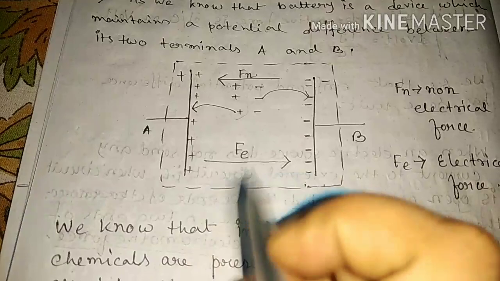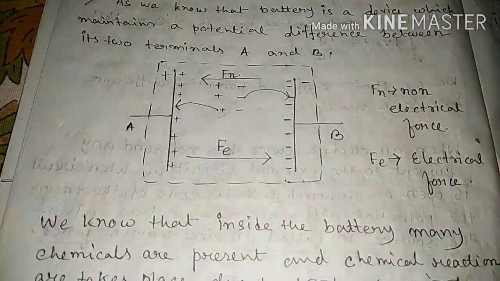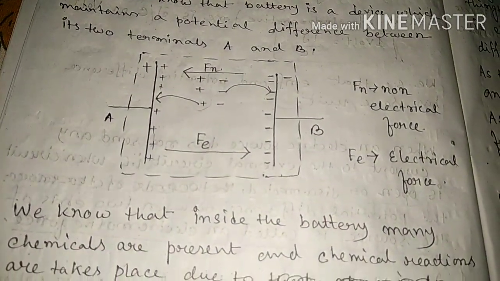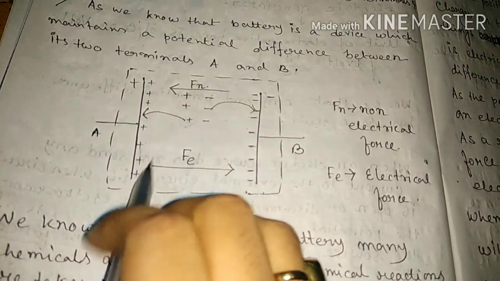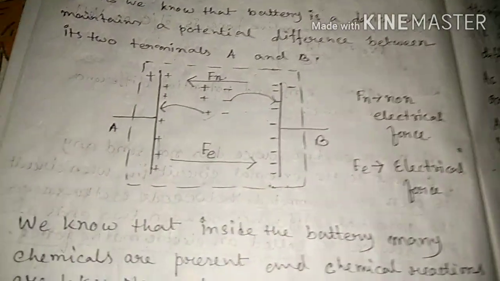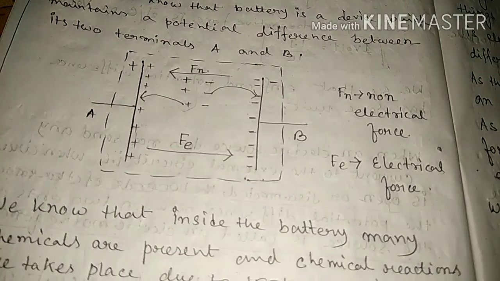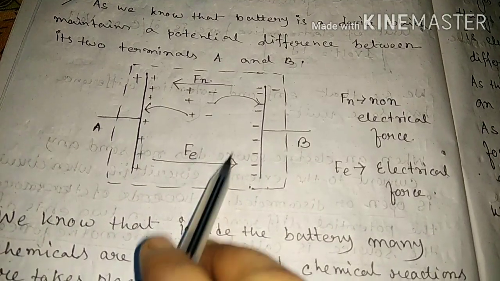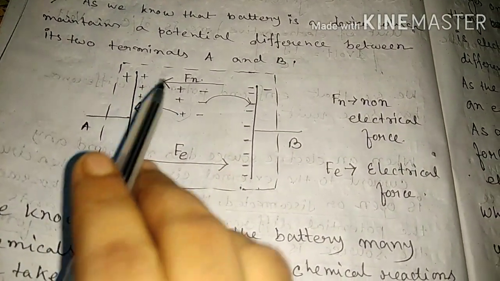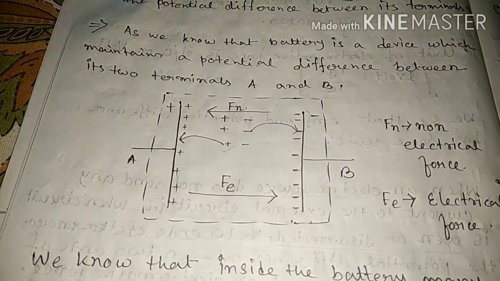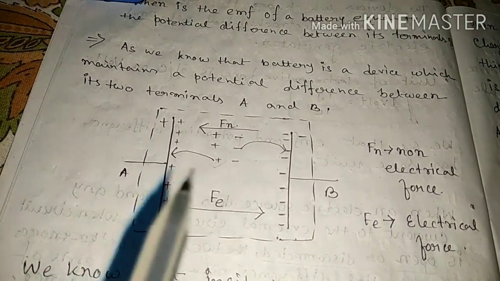After the accumulation of positive and negative, when this side becomes positive and this side becomes negative, two things increase very quickly. One is the potential. As the electric charges increase, potential also increases. Another one, due to the accumulation of this positive and negative, an electric field is also set up between them. That means we can say that after the accumulation of all positive and negative charges, an electric field is created between them.